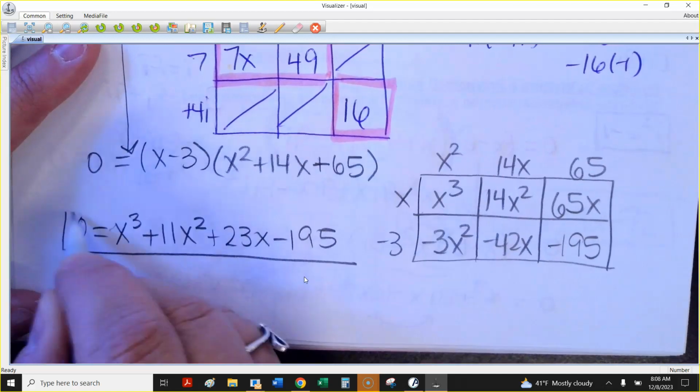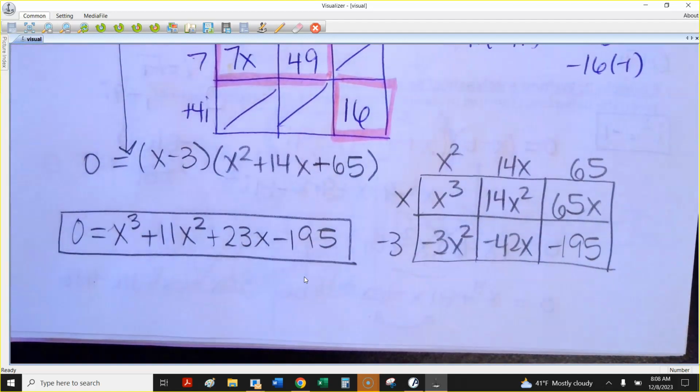I know that's a lot of work, but it's not terrible to do if you use that little box and just kind of save yourself some time by not filling in the parts that you know are going to cancel out. Is anybody having a question? Super similar to yesterday. Okay, so as you start your assignment today,